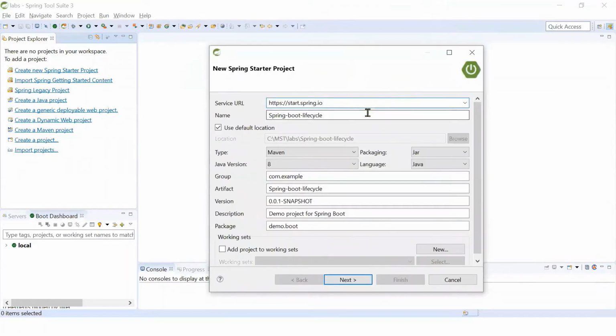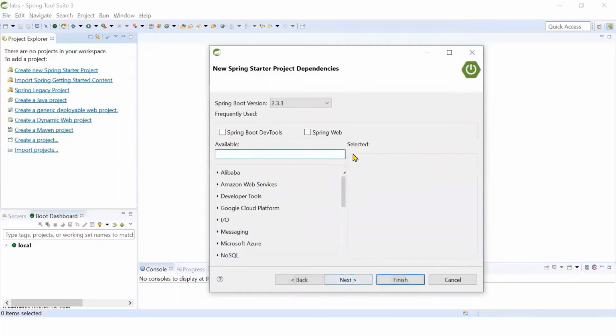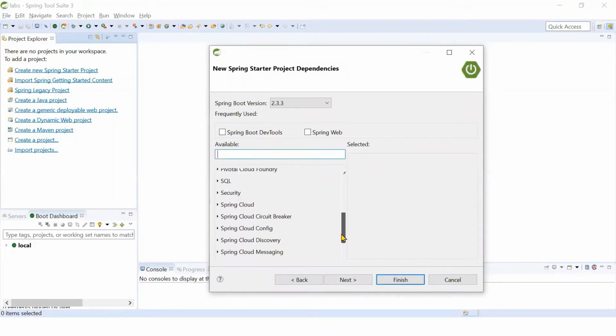So let us give one example. I'll just say there is a simple service. Let me create one simple service project, right? Then we can give the group name and other stuff. Okay, let me put the package name as demo.boot, and the other stuff I leave as it is. Okay, we'll go with the default one. And here there are some Java versions we can choose. So let me go for Java version 8, right? Then when I say next, here we can see there are a lot of project dependencies available.